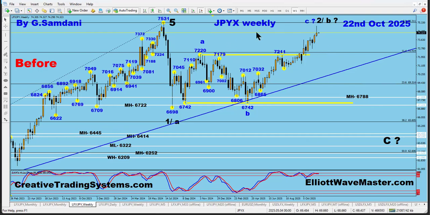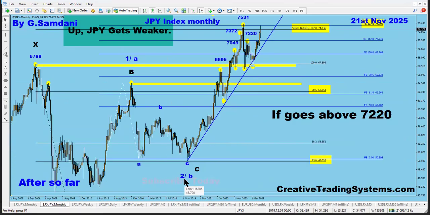Okay, yen weekly chart. I would say this is A, or one or A, and this A, B, C. If we end up here, if the Bank of Japan wants to defend here, then we might get an intervention, and this time maybe bigger than the previous one, which was this big one, then we can easily come down here. So let me go back to the monthly chart. The current monthly chart is like this. So I would say A, B, C, and then drop. And this is small, what we are seeing here, A, B, and then C to the downside, a correction of this rise.